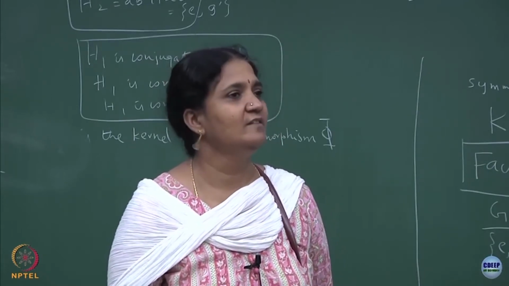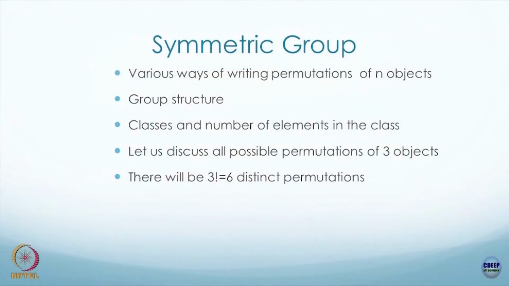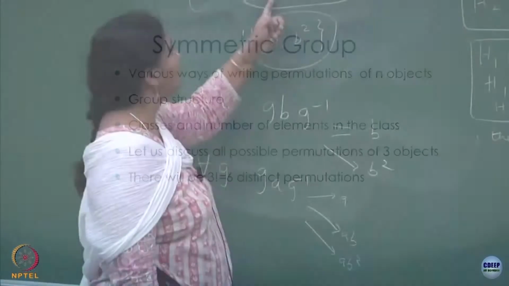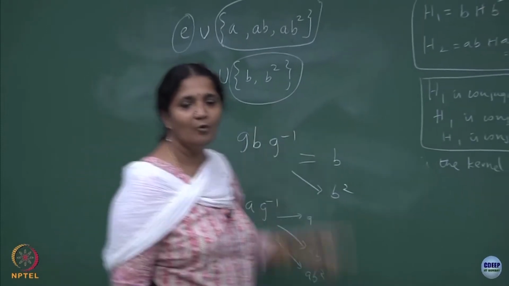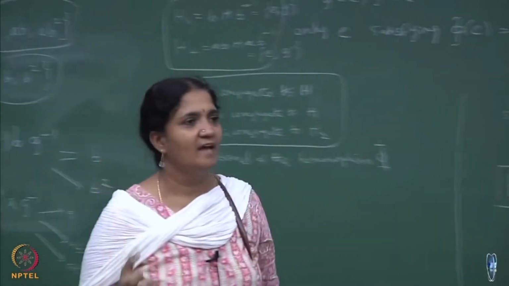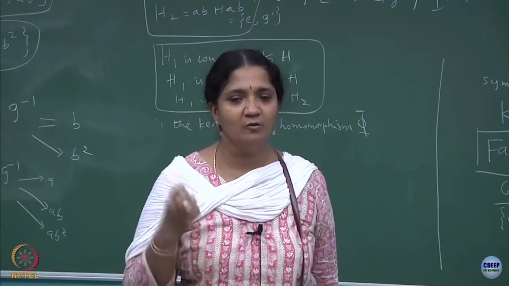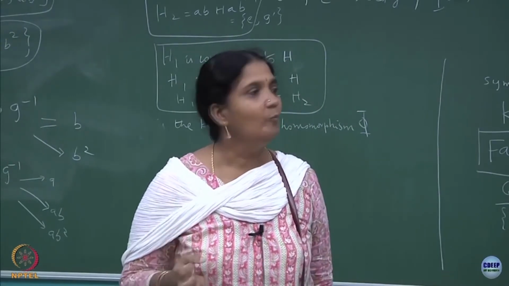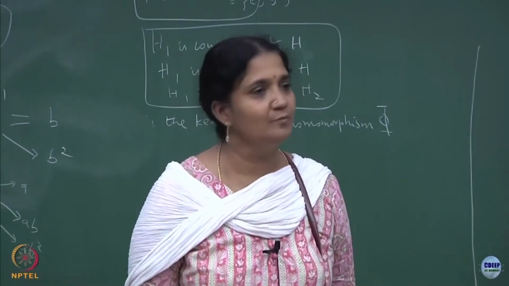So, what do we want to understand? The group structure, and then we want to also see conjugacy classes, and the number of elements in each conjugacy class. Just like here, there are 3 conjugacy classes. There is one conjugacy class with 3 elements, one conjugacy class with 2 elements. So, we want to see whether we could get some nice handle on the combinatorics of permutations, in understanding how many conjugacy classes should be there, and how many elements in conjugacy classes are there. So, these are questions which one could ask.